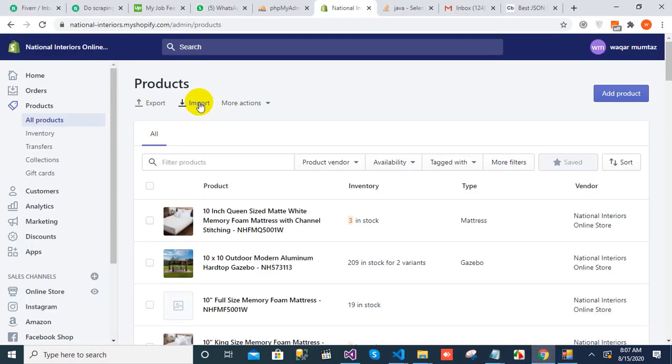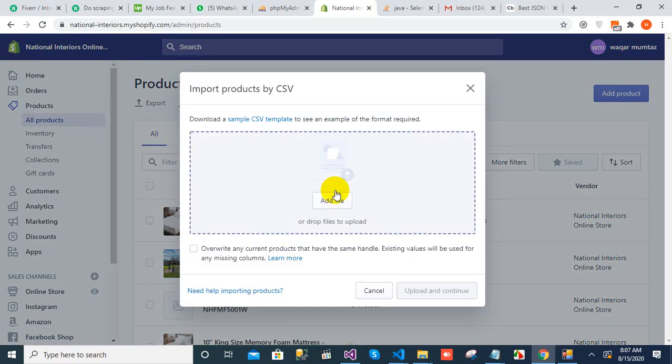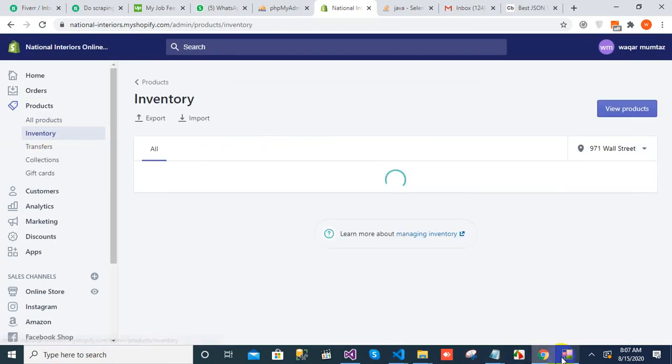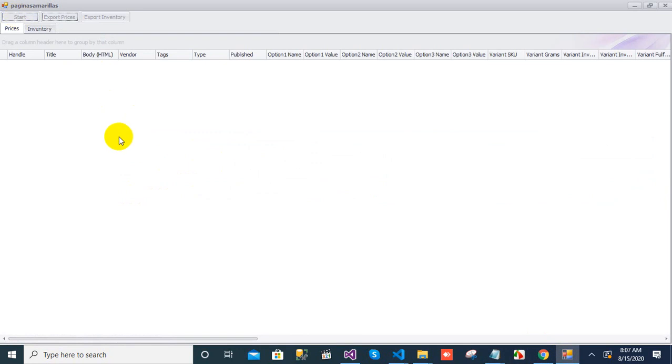Okay, for prices update, you have to just click on it and add file and overwrite and upload and continue. And for your inventory, the same process. Okay, so I am going to start this. It will get updated data. Tool is started,